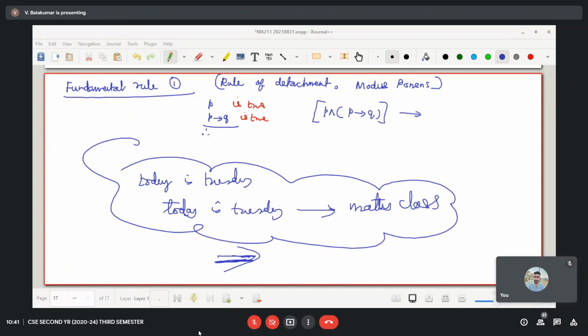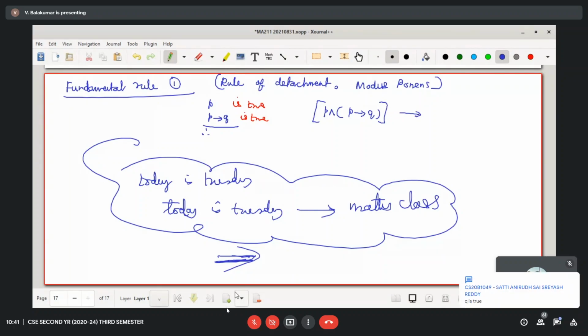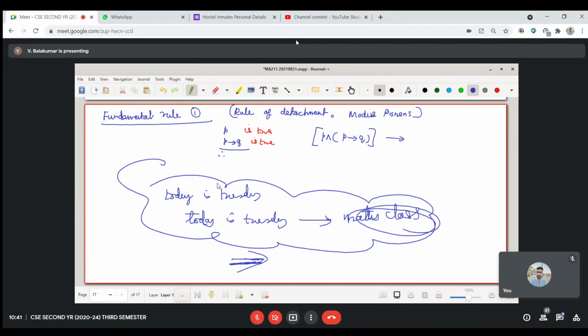Are you understanding? Pradeep Kumar, Preeti, Priyanka, Rishabh. Yes, say something. What do you conclude from these two sentences? Today we have math class. This conclusion. Instead of this, I am giving P. Instead of this, I am giving Q. What do you conclude in this place?